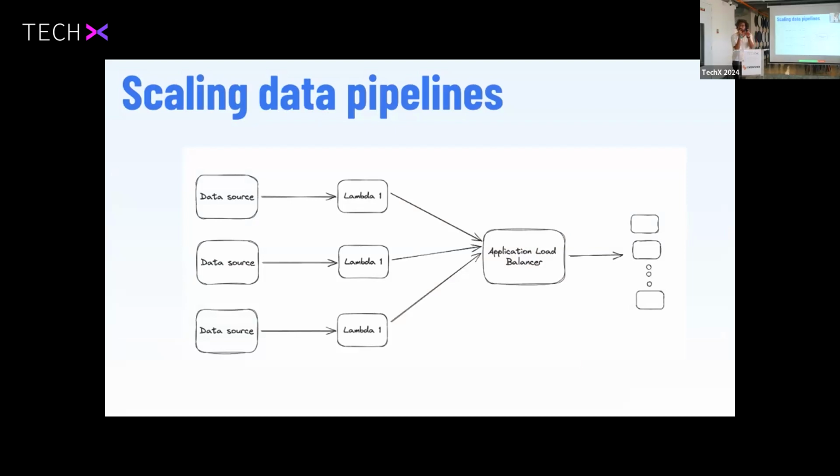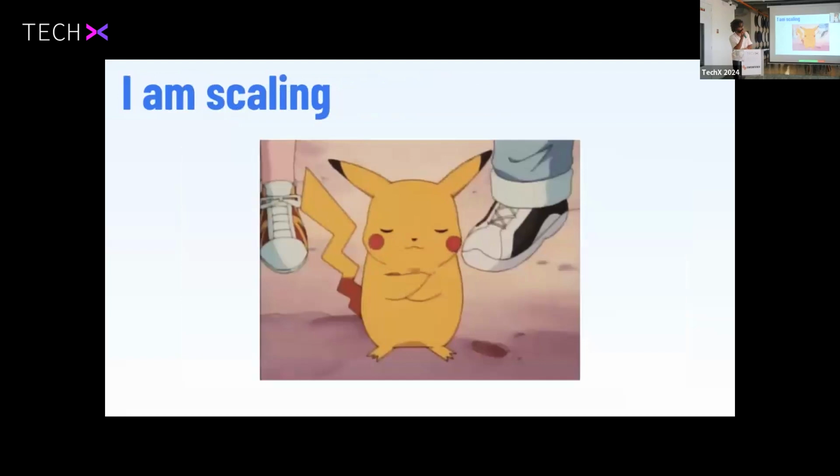Just by adding this SQS, we were able to scale from 20 GBs of data to 120 GBs of data. How much time do you think it took to add that SQS queue? How much time would have gone into adding that one single component? Literally 2 to 3 hours, we did the entire thing. We just put a queue, let it consume, changed the API calls, and it just worked in 2 hours. And I am still scaling by adding that SQS queue. We have still not gone to EKS, we have still not done microservices, we are still on that same infrastructure by adding a few things.